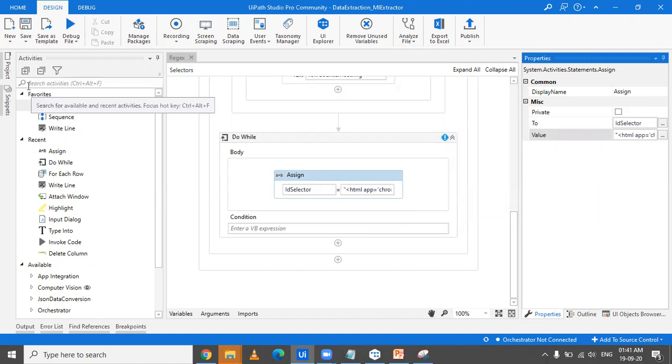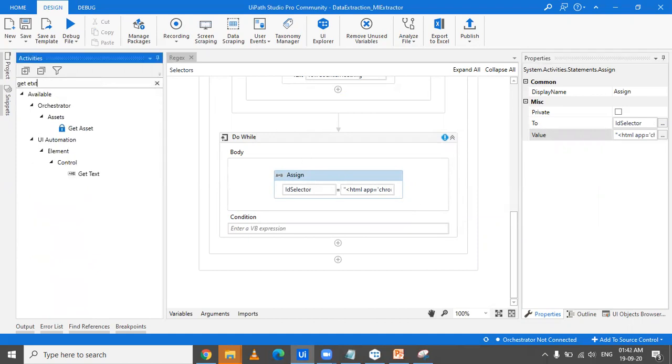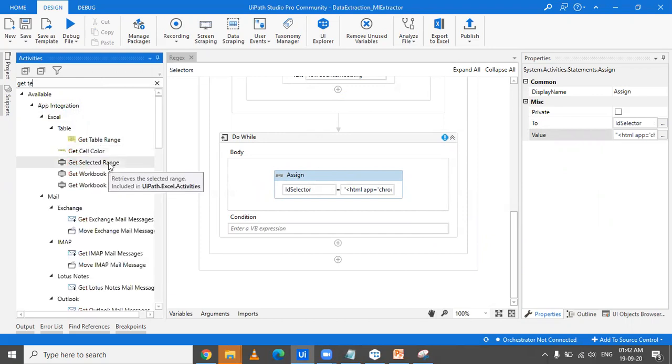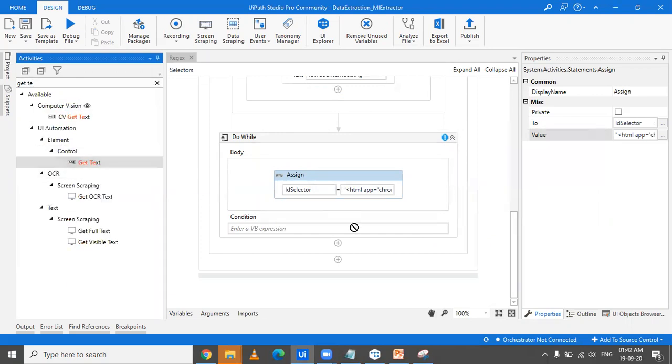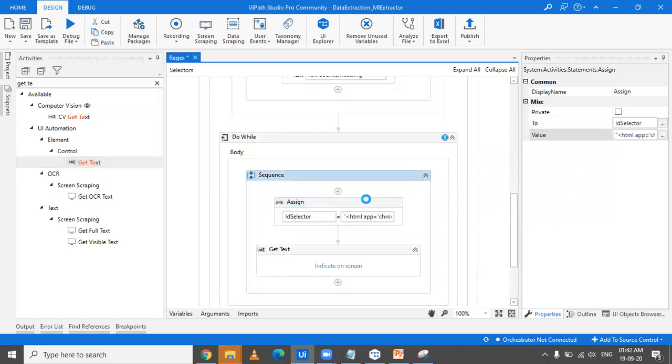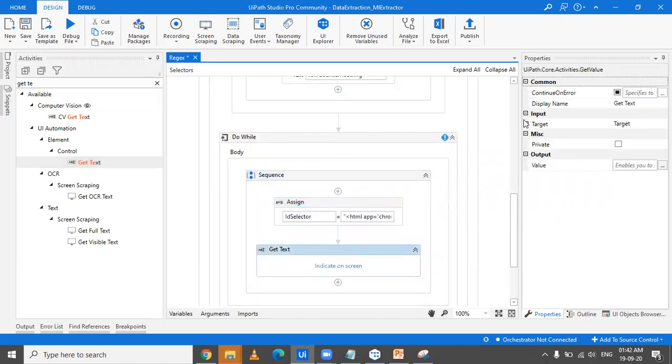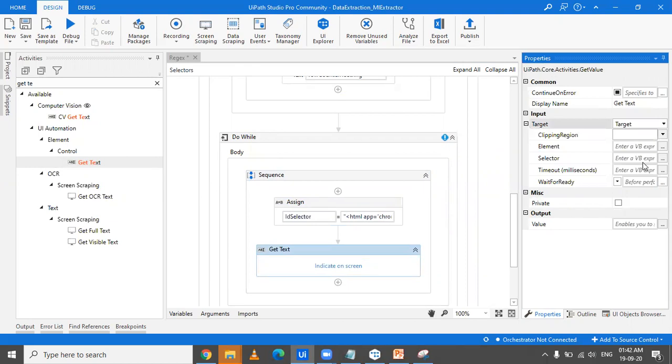Now what we have to do is pass the selector to a get text. Let's drag in this get text, and to this, instead of passing the selector, we'll be passing a variable. So we say ID selector.